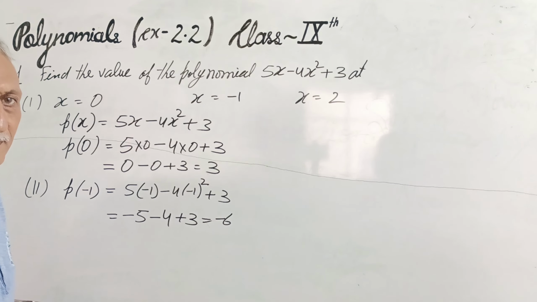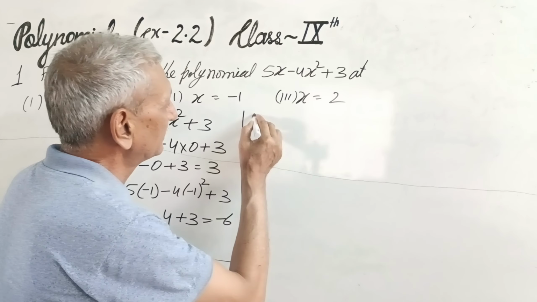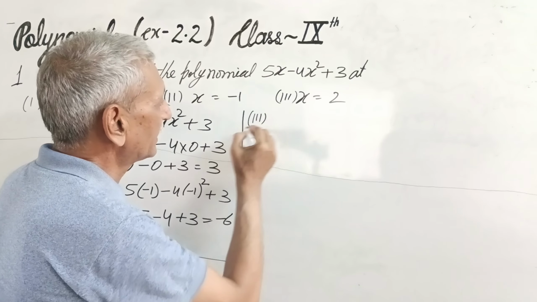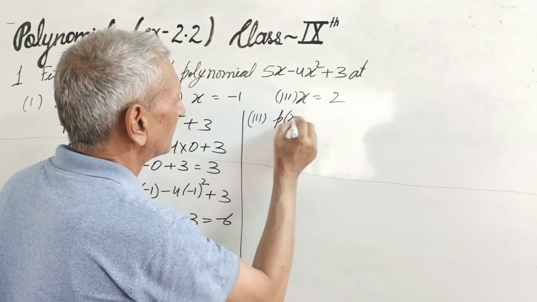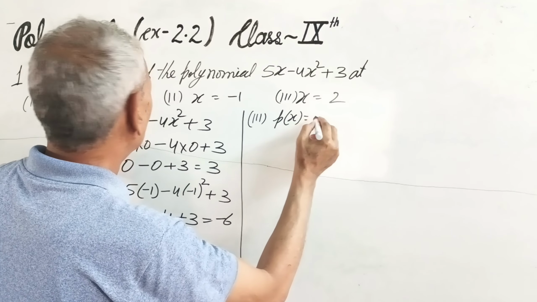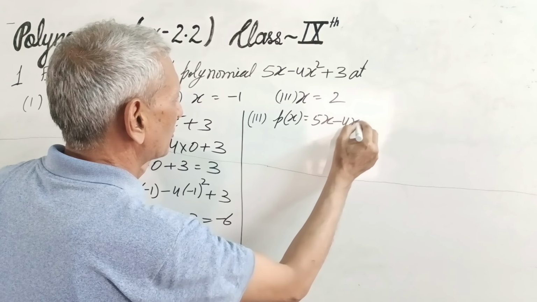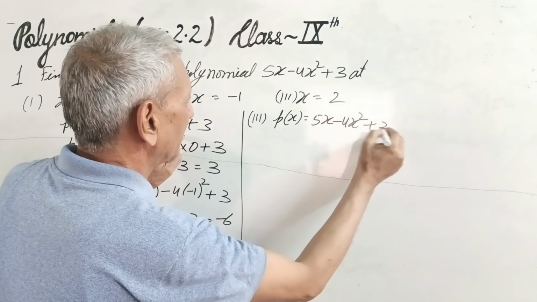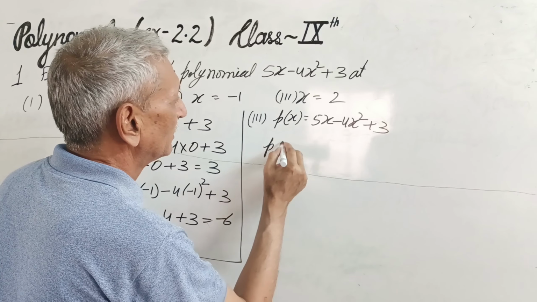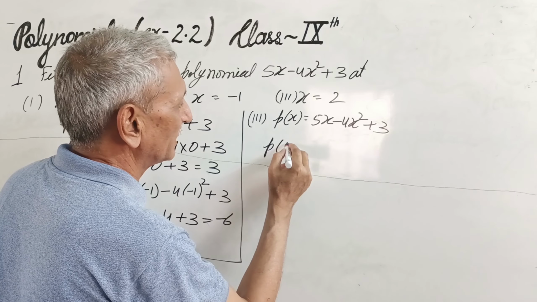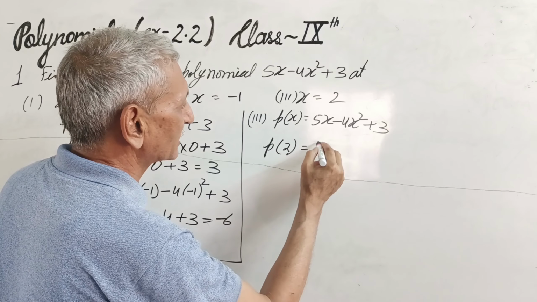ठीक है दोस्तों, let's solve part number 3 this side. ठीक है, so the given polynomial is 5x minus 4x square plus 3, and therefore we have to find out the polynomial at 2. Okay, so replace x for 2,